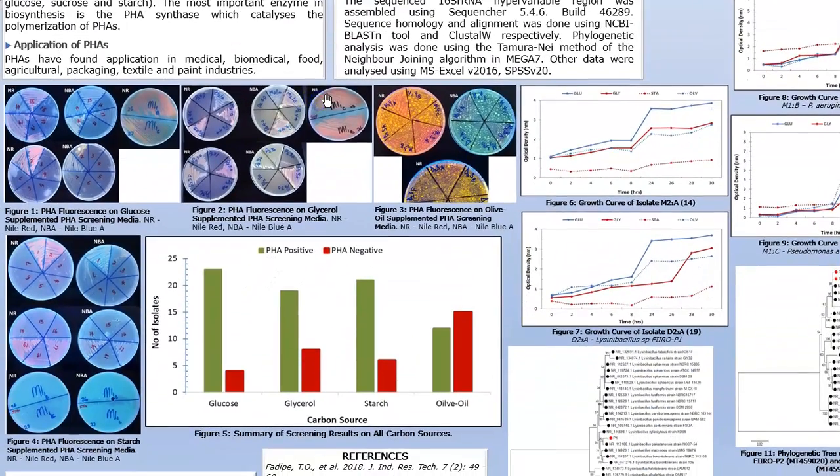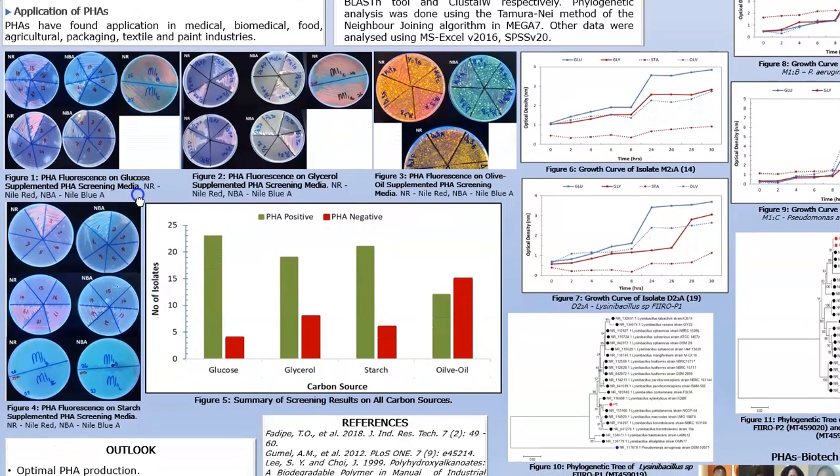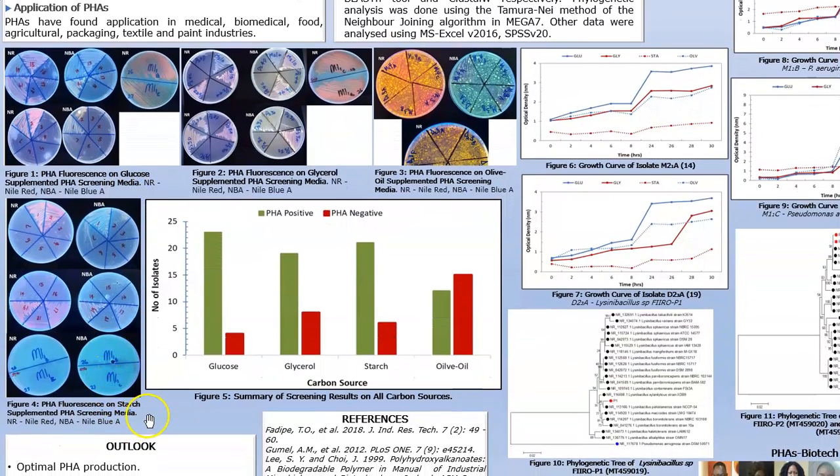With respect to our results, we had a total of 27 colonially distinct isolates, 11 from the Mechanic Village site and 16 from the Dalico market site. Out of these isolates, a total of 25 were gram positive and we had 2 gram negatives. 25 were rods and 2 were coccoid rods. All isolates were positive for catalase tests, 17 were positive for starch hydrolysis, and 10 were negative for starch hydrolysis.